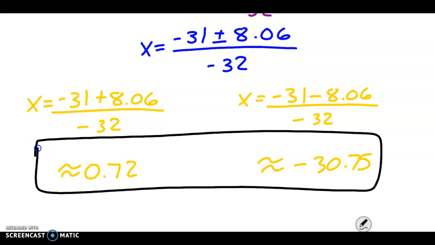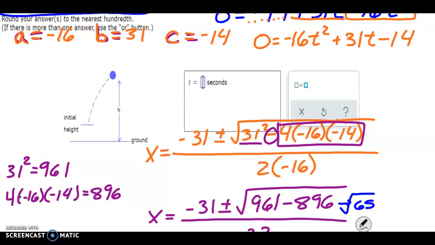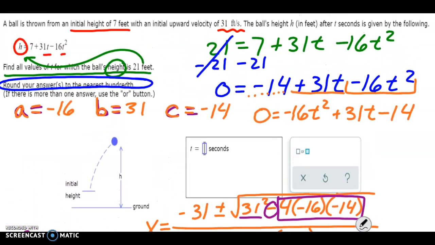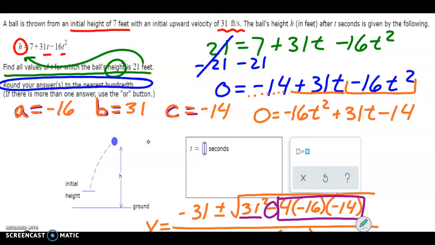And then one thing I want to show you with this, so this is what this is talking about. When you select the height that you are looking for, all the stuff that we've done so far has focused on a height of 0. Everything we've focused on has been your x-intercepts. Everything we've talked about has been x-intercepts, which means we're looking for the solution when your y is equal to 0, right? But now what we're looking for when your height is 21, okay, is